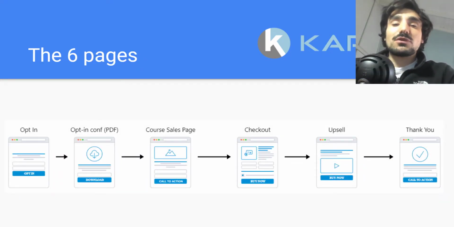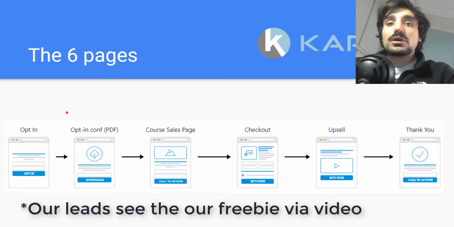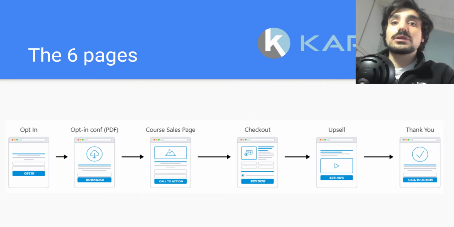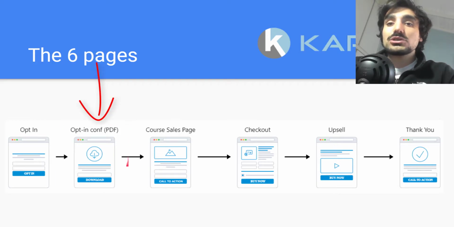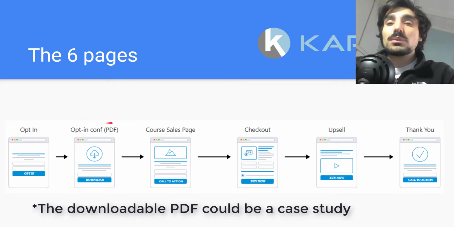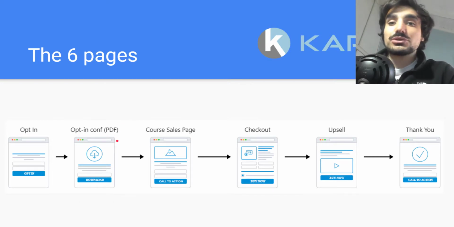Okay, you might remember from the previous video that the first page is the opt-in page. In this page, our leads, of course, see our offer, and they want to get our freebie, so they gave us their details, mostly their name and their email. After they submit their information, they will be led to an opt-in confirmation, which will contain a downloadable PDF. That will subscribe them to a sequence of email, which of course I'm not going to show you in this video because we are in the P, and the email will correspond to the S of the PPMS method, which are the sequences. That sequence is going to have a link to the core sales page,